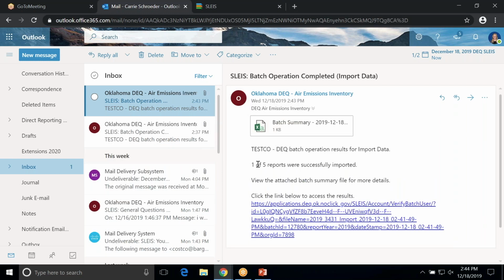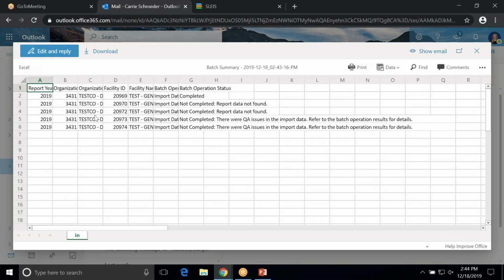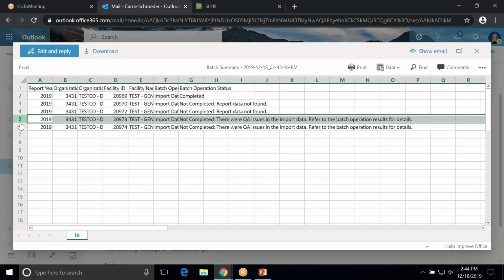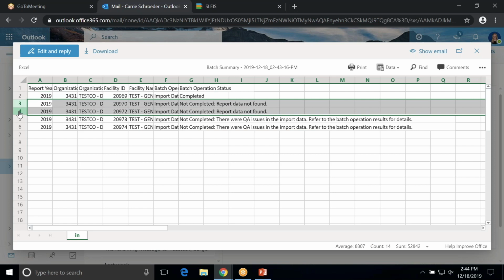All right, so 1 of 5 reports was successfully imported. That's fine. So view the attached batch summary. This is kind of what I was expecting. So here you can see that for 2 of the facilities, quality issues were identified. Another one was completed, and then these 2, which were temporarily shut down, even though I tried to import something